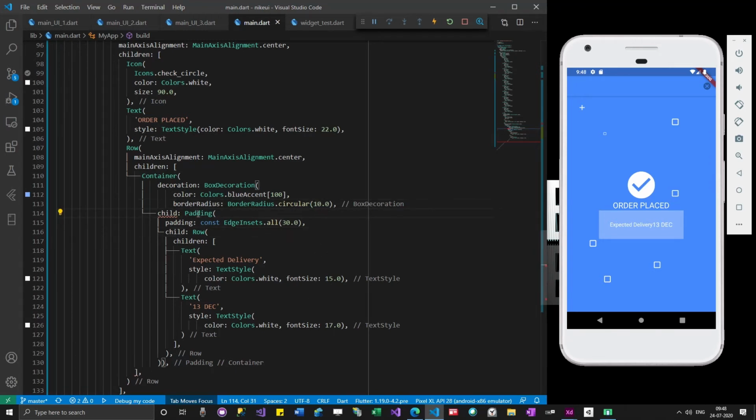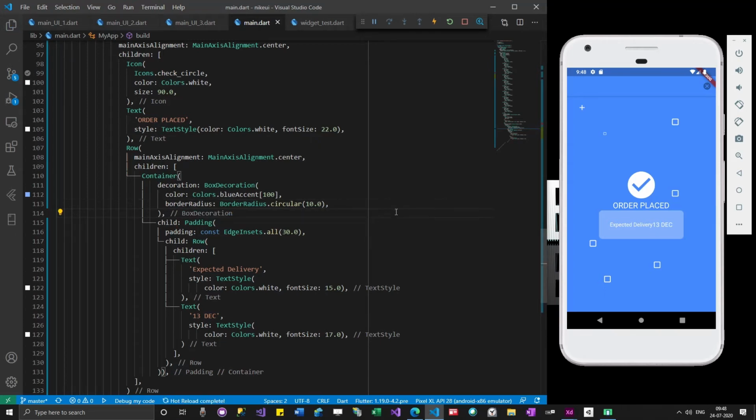There looks like there is some error. Okay, I missed a bracket, that's why it's an error. 10 is giving more radius than I require, so let me give 6.